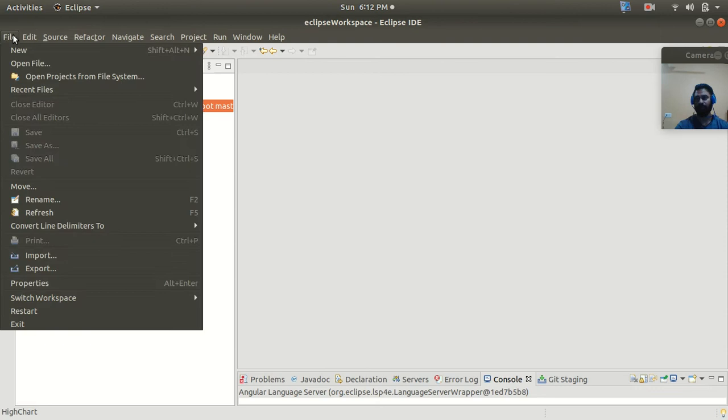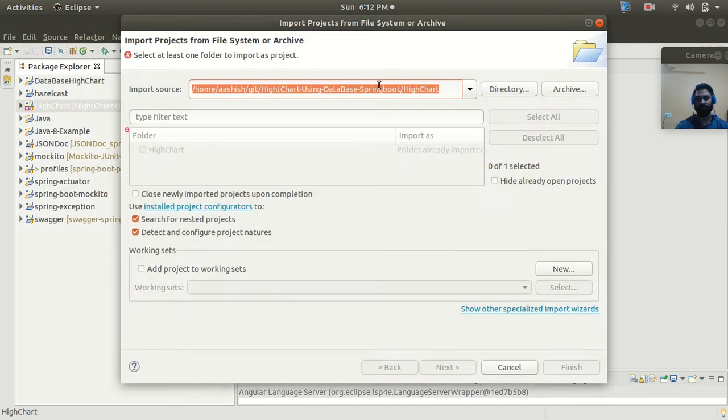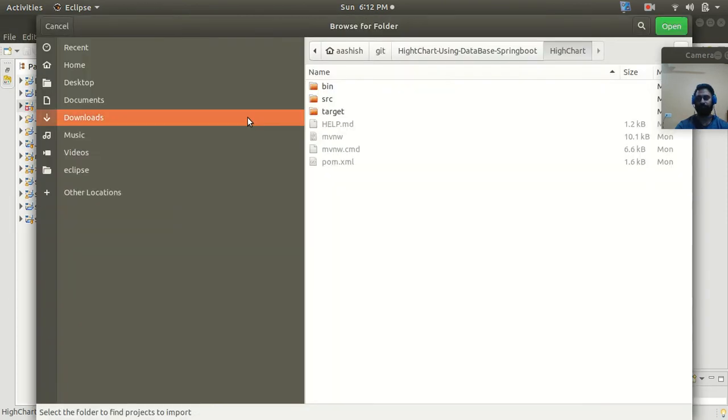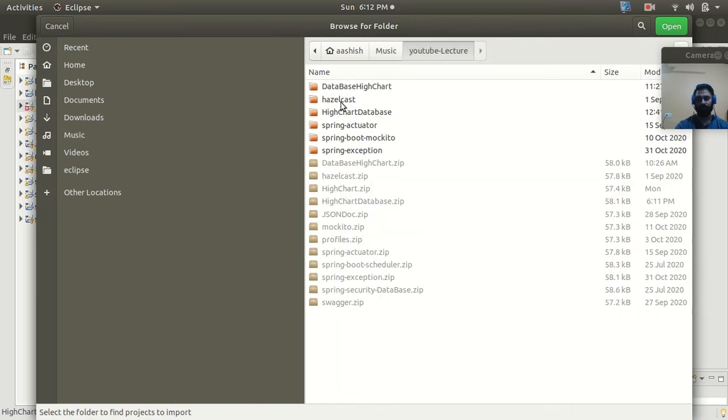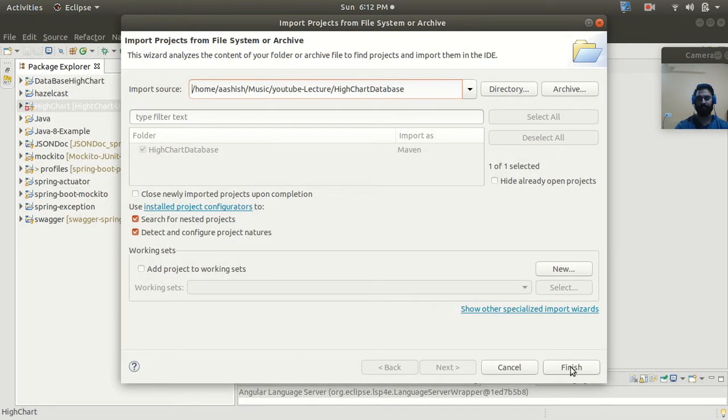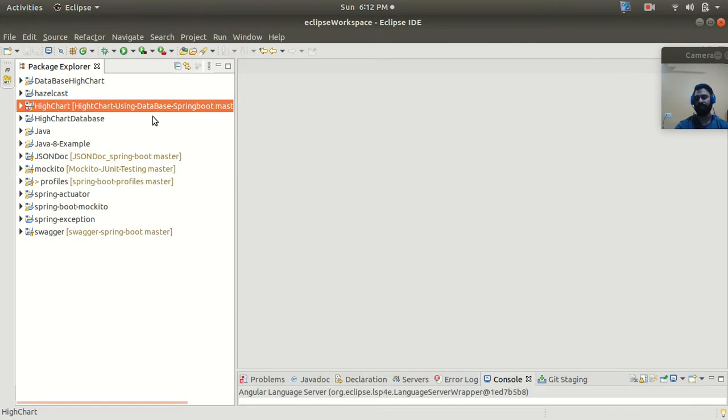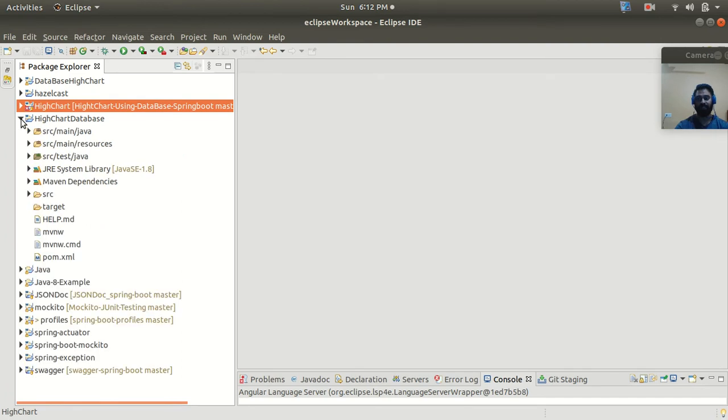Let's import my current project: go to the directory, go to the project which you have created now, HighChart database, open it and finish. In this way, we have imported this project successfully inside my Eclipse.